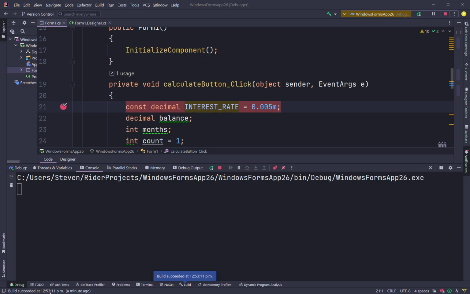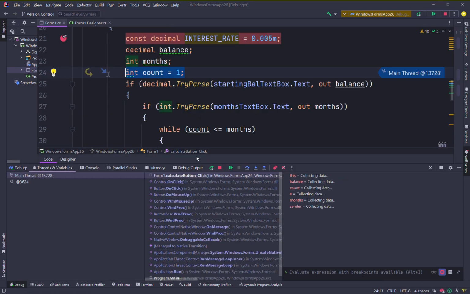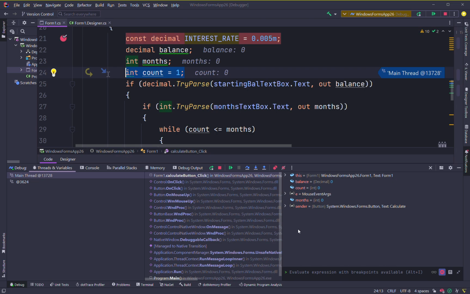So what's going to happen is I'm going to click the debug. It's waiting for data here. I'm just going to enter a bunch of data, and then hit calculate. Okay, now we've got all these threads and all these different